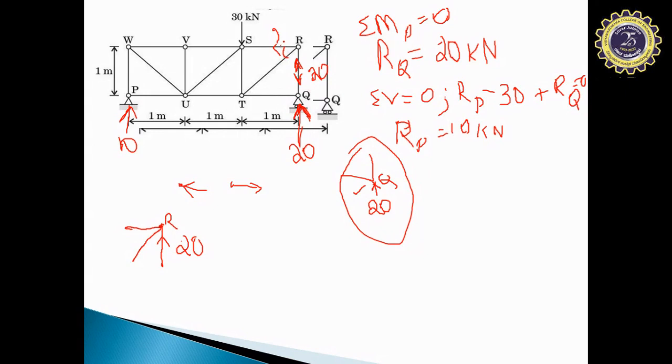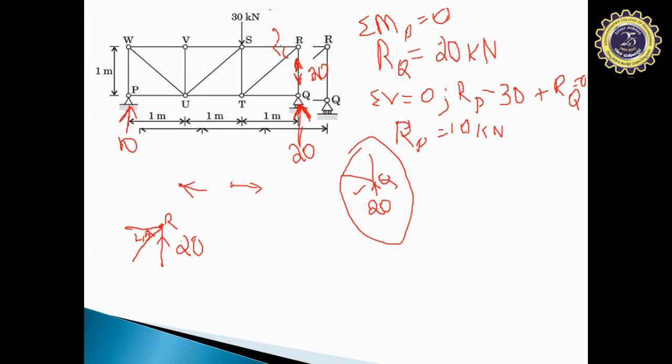No. So in order to find out this angle, we can make use of triangle rule, tan inverse of opposite by adjacent. So opposite is 1, adjacent is 1. Since it is a square section, this will be 45 degrees. So we know that this angle is 45 degrees. Clear? So now